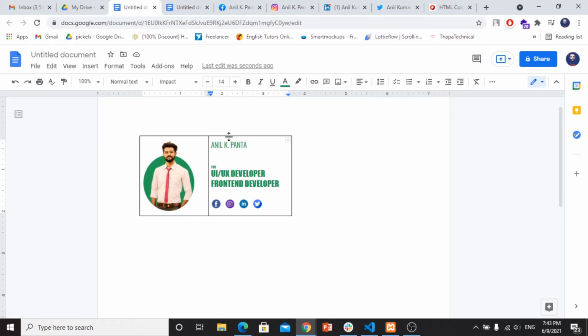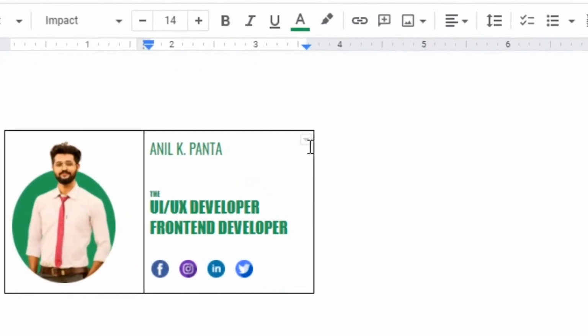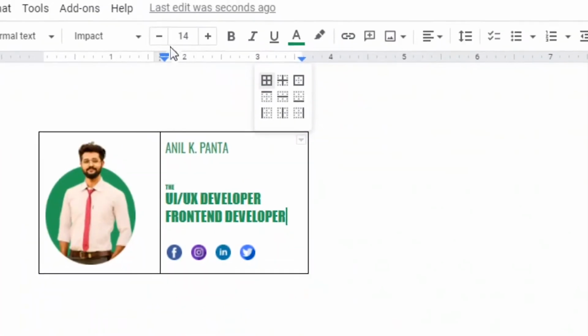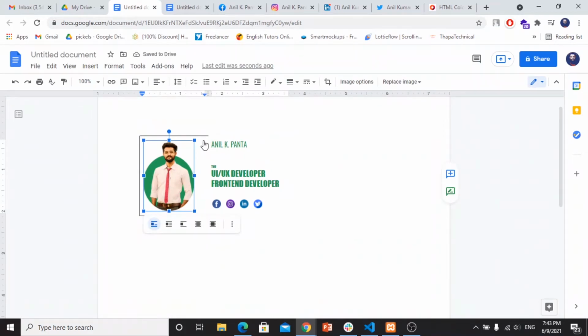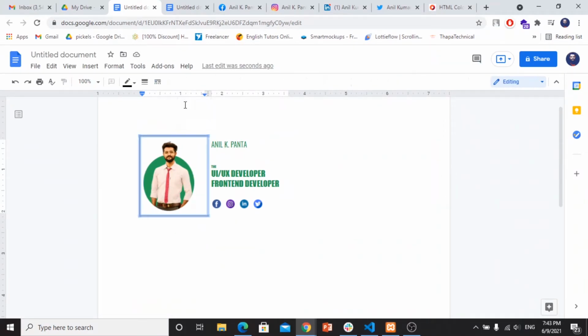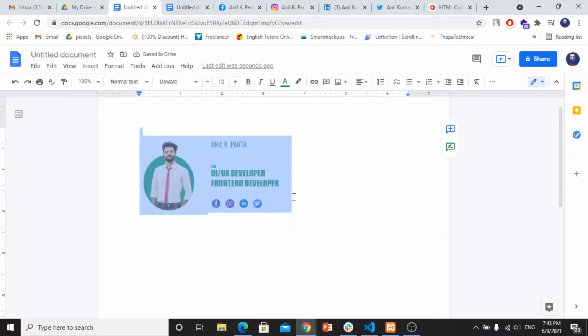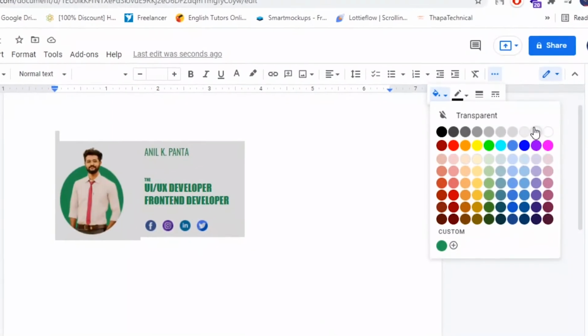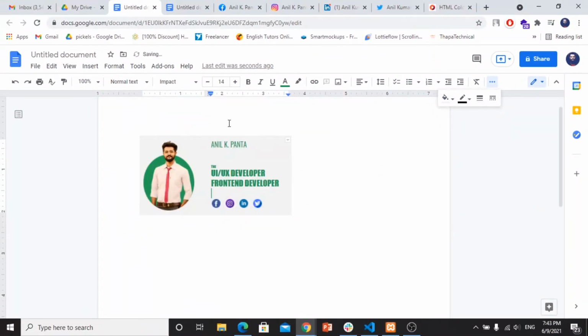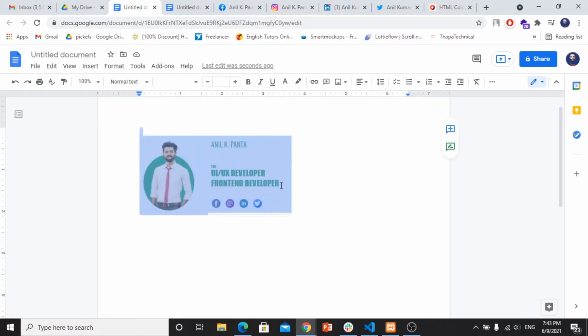We do not require the border, so we can select the border and give it 0 pt. Similarly for the next one, we can do the same and give 0 pt as well. We can leave the signature as it is, or we can give some background color. To do that, select any color you want as a background, and it will make the signature ready. Copy the signature,